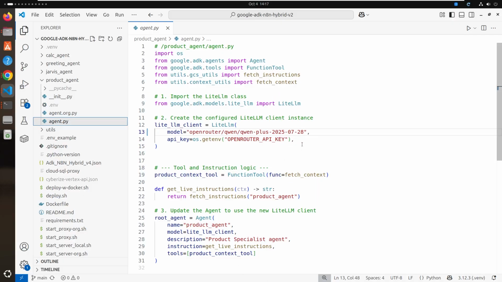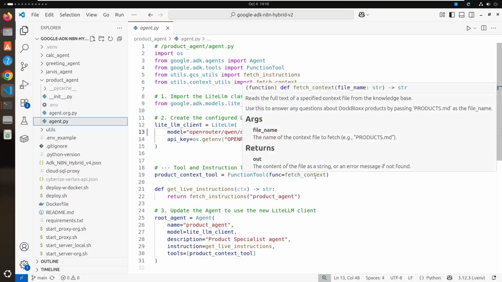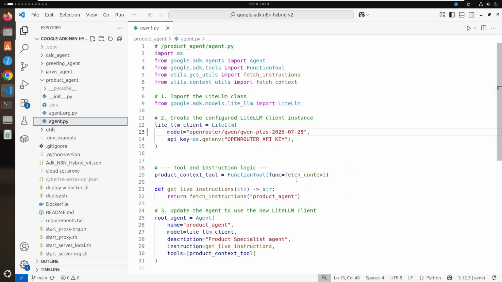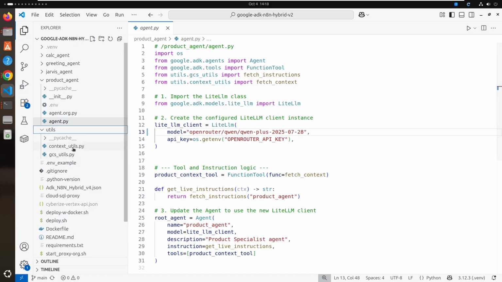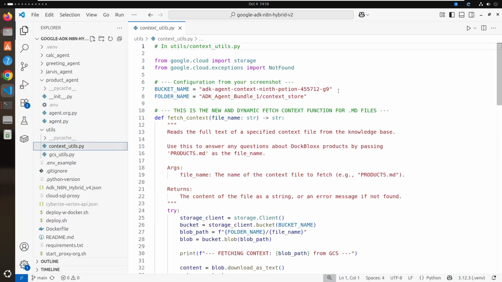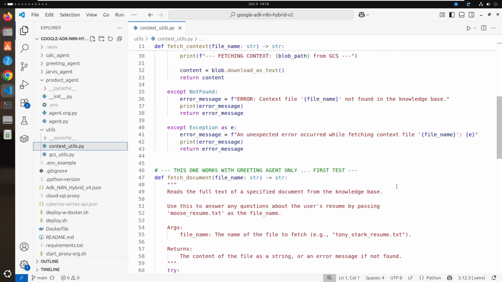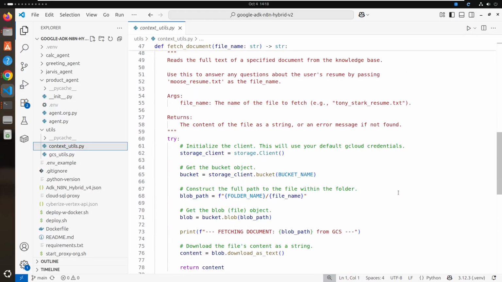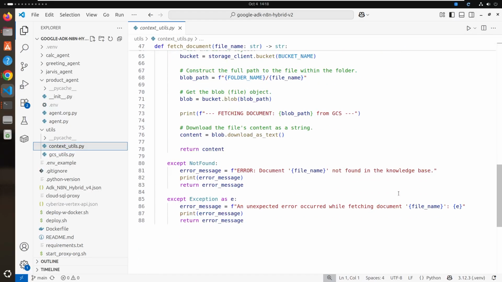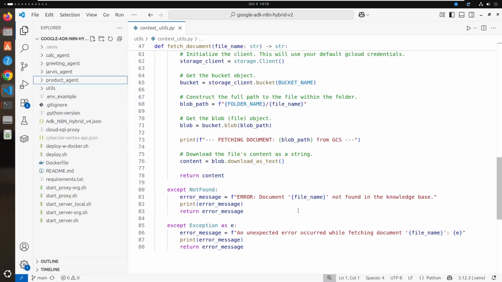Also, this agent has this context tool, and using this context tool, this guy is actually fetching context from Google storage. So if we look at the fetch context, where is it? It's under utils, context, boom. So this is where it's actually bringing up all the context and reading from the Google storage bucket. And with that, to this video,